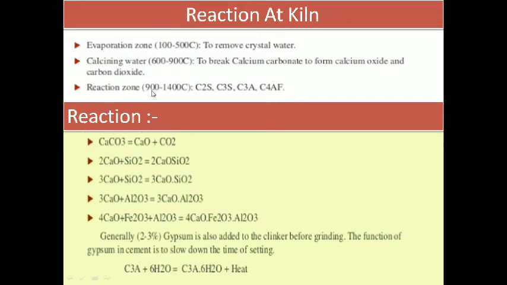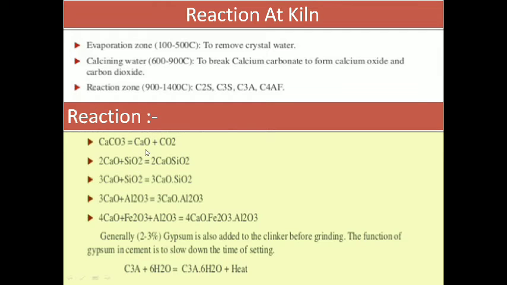The reaction zone at 900 to 1400 degrees Celsius gives the formation of clinker compounds, that is C2S, C3S, C3A, C4AF, meaning dicalcium silicate, tricalcium silicate, then tricalcium aluminate, then tetracalcium aluminoferrite. Here the reactions are: calcium carbonate